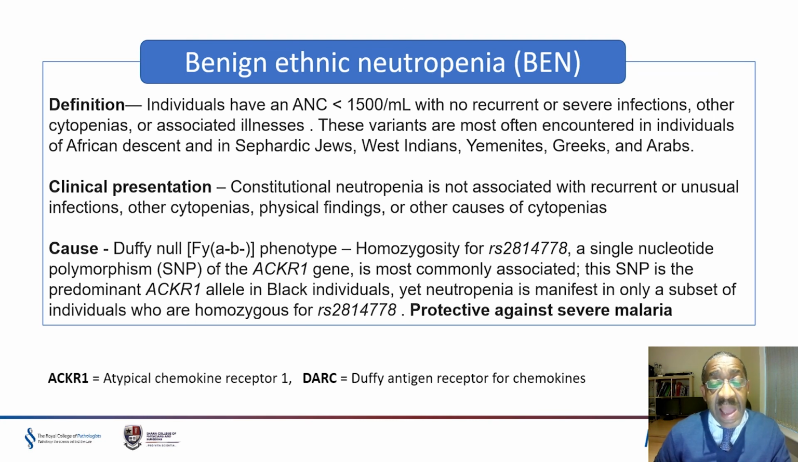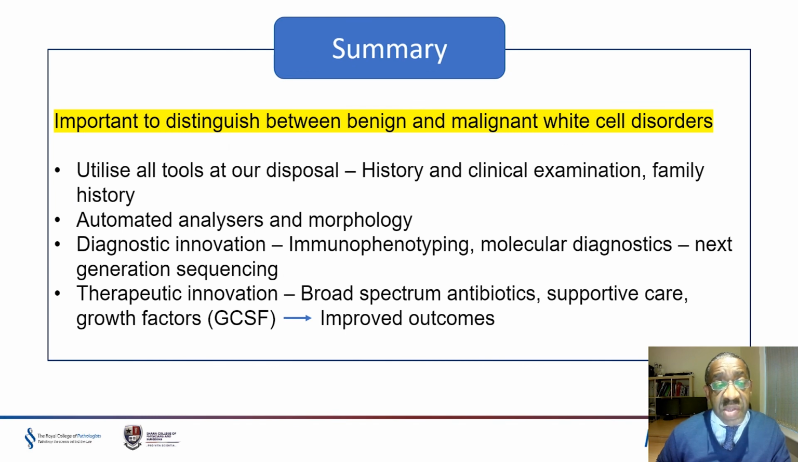But what we do know is that even though individuals might be homozygous for the polymorphism, not all of them present with neutropenia. Importantly, the Duffy null phenotype is protective against severe malaria, and it's one of a number of genetic factors that protect individuals of African origin from severe malaria. So in summary, I hope I have given you a flavor of benign